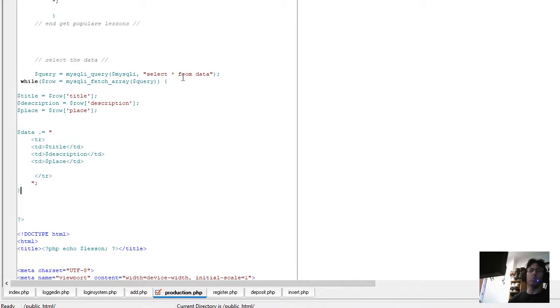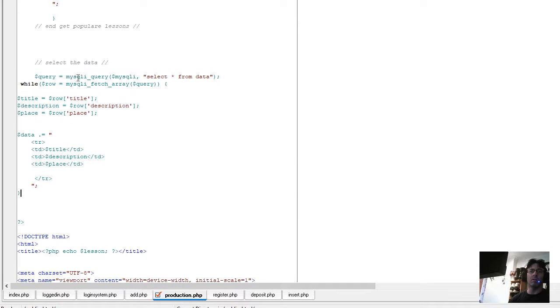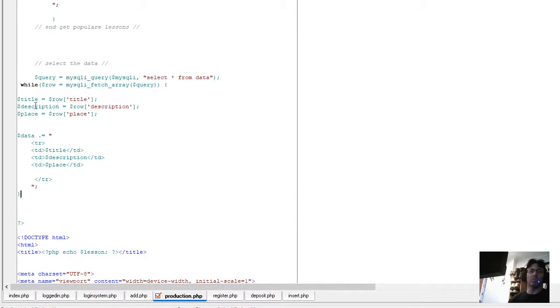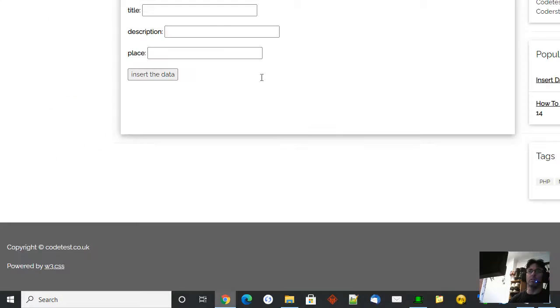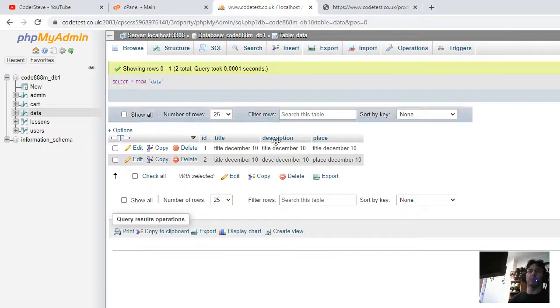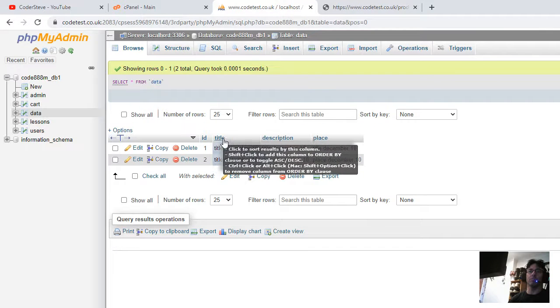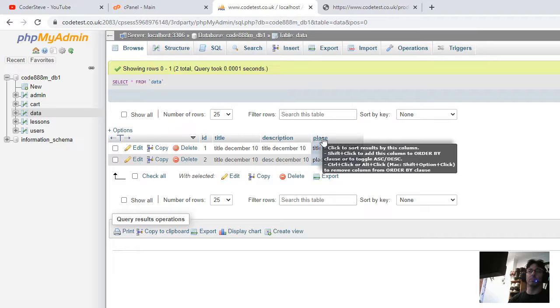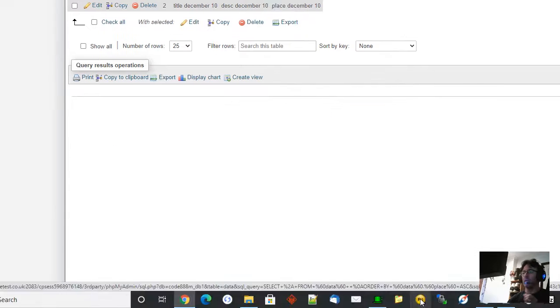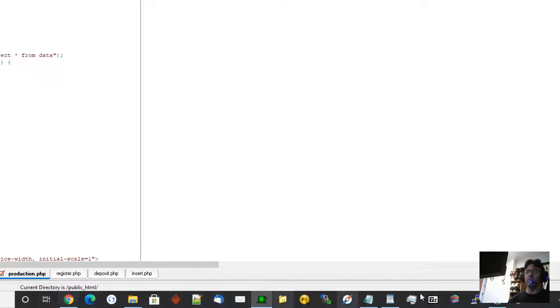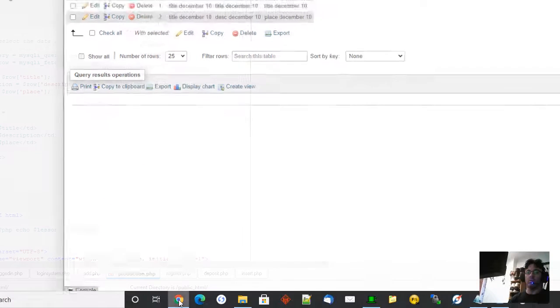So we're selecting all from the data table. I'm selecting a title, the description, and the place. So that gets the row title, that gets the row description, and that gets the row place, which, if you go back to the database, which is this one, title, this one, description, this one, place. So then we go back to